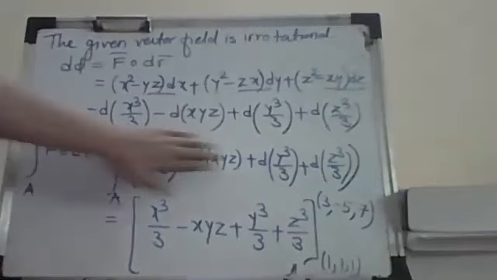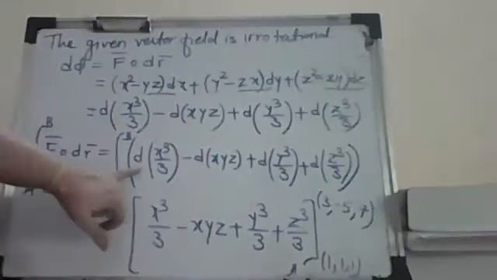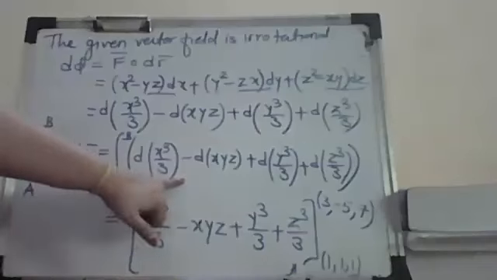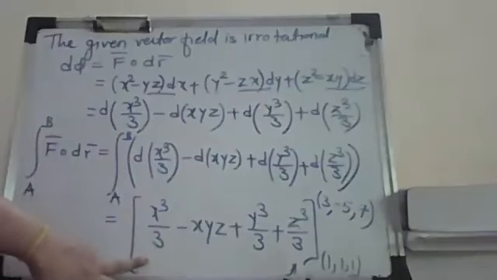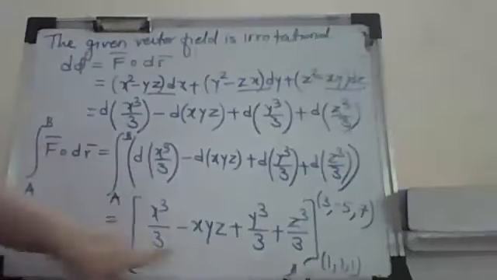So you can omit this also. You just write this one down, that is d phi. That way you can replace this by d phi, the word d phi, and then you can write this down directly. That also you can do. So now what we'll do is substitute the limits here.